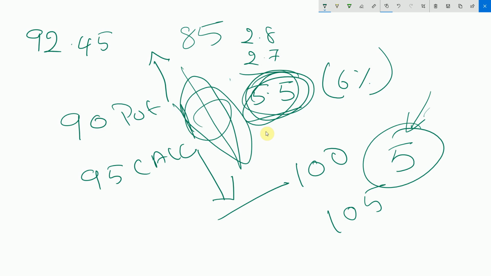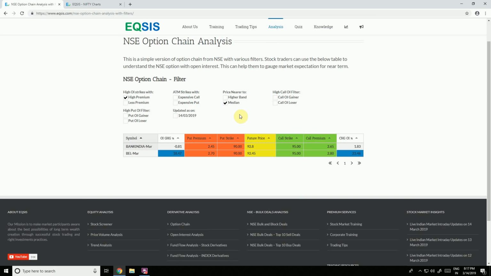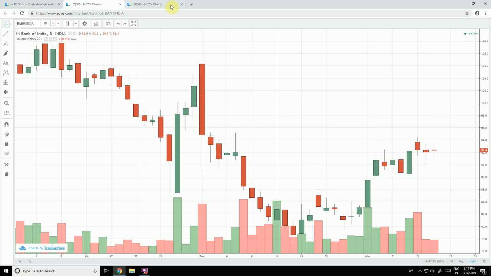So there is a quite likely chance for me to make money than losing this money. So I love to short this 90 put and 95 call to make this 5 rupees. Okay. So how do I get to know this stock and how do I start working on all this? It is actually because of a simple filter, which is a stock trading in the median, which carries a high premium. So likewise I can also look at, but now the point is to look at Bank of India charts,